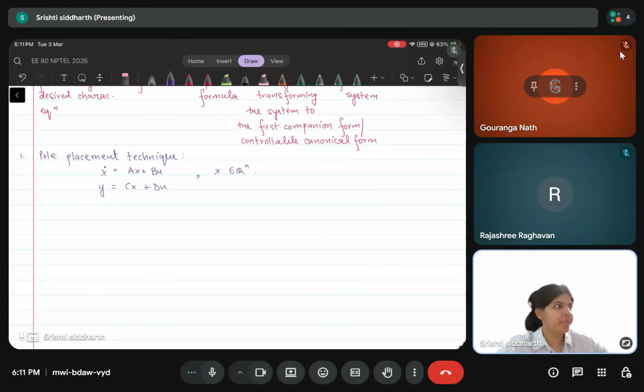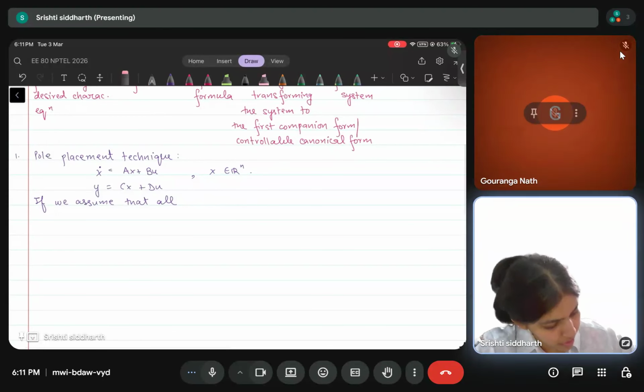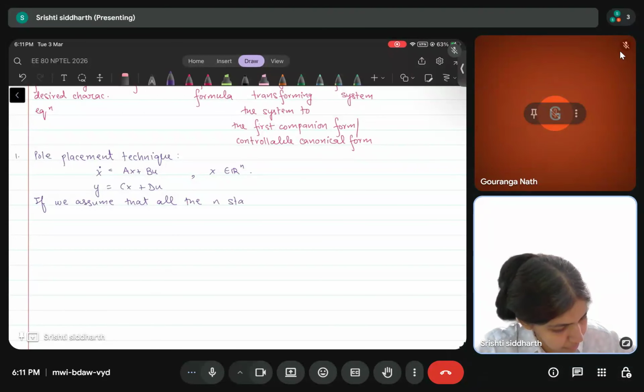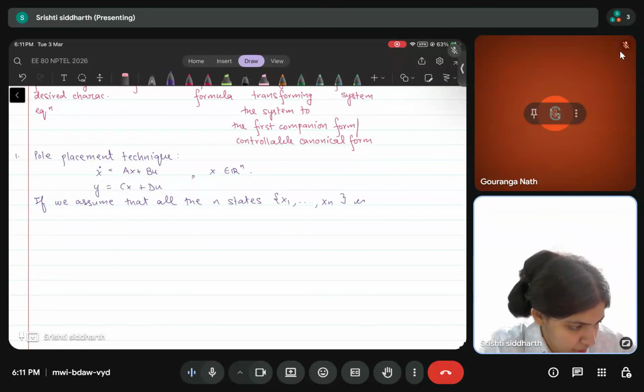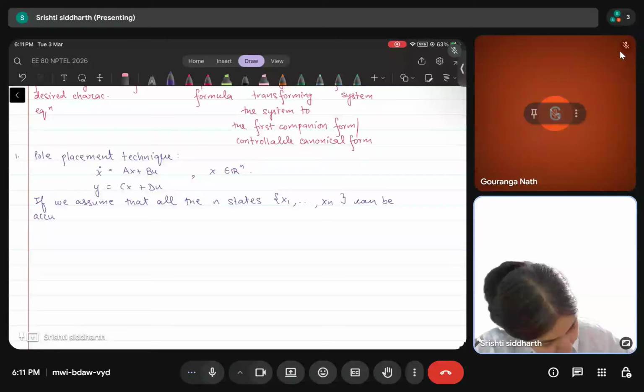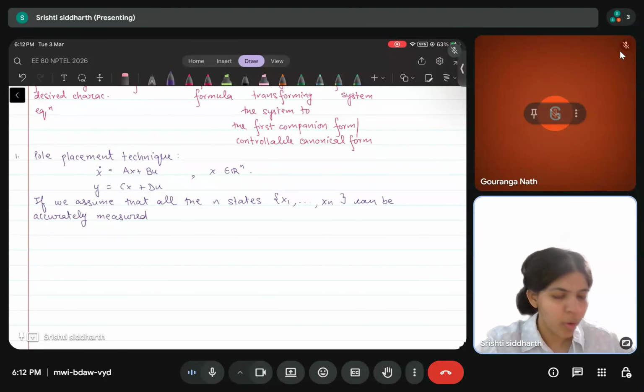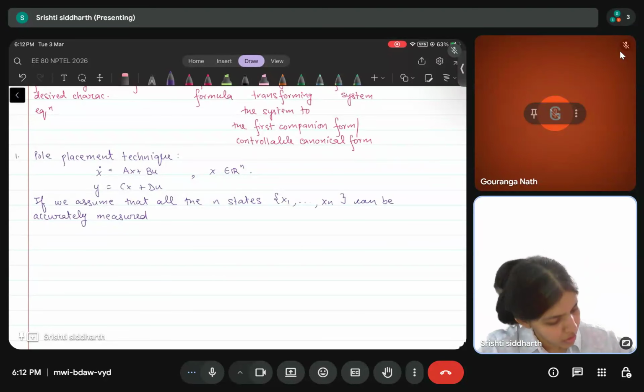So if we assume that all the n states, x1 to xn, can be accurately measured at all times, so that we can form a feedback law,